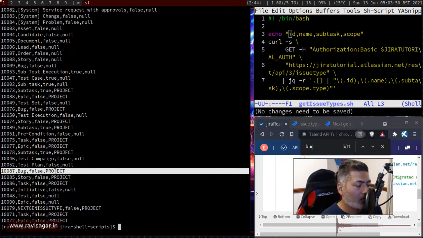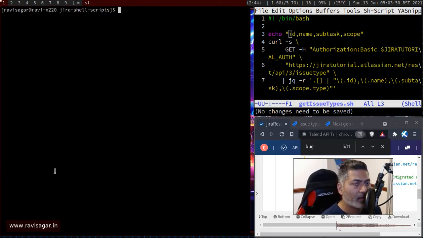So this information is definitely useful, and of course you can dump this information somewhere else. Let us say you want to dump this to maybe your CSV file, issue types.csv, and if you run this, you won't get any output here.